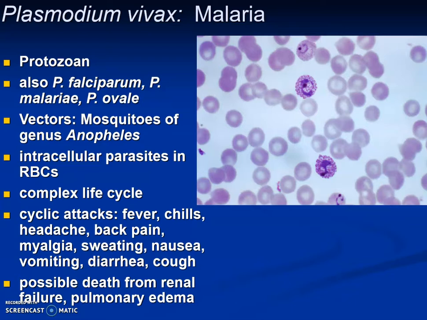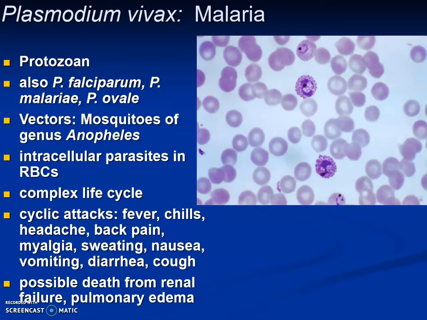We also have Plasmodium falciparum, Plasmodium malariae, Plasmodium ovale. They're all transmitted by vectors, and it's mosquitoes that are transmitting this disease, of the genus Anopheles, so the Anopheles mosquito. The intracellular parasites in red blood cells with a complex life cycle, so they belong to the group of the